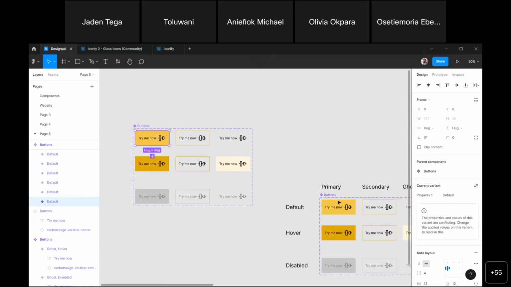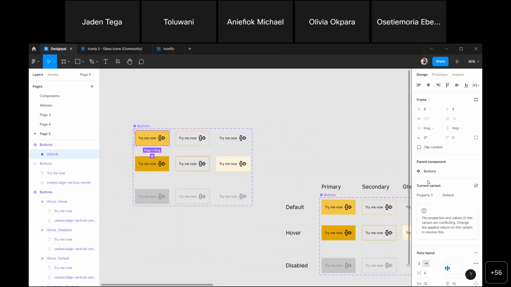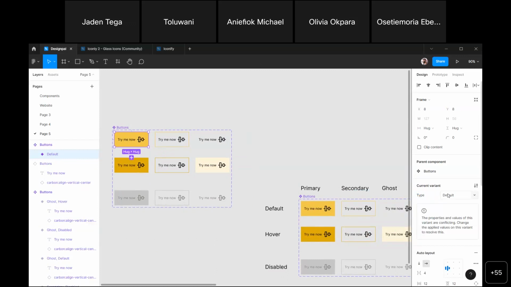And that's what I was trying to do here with the type and state. So you can double click on this and say, I want this to be the type. And we have 3 different types: primary, secondary, and ghost. So primary,